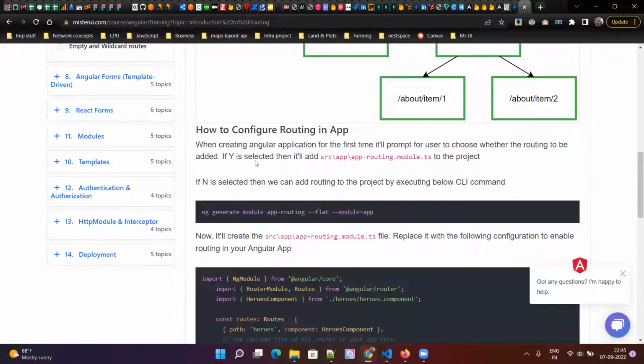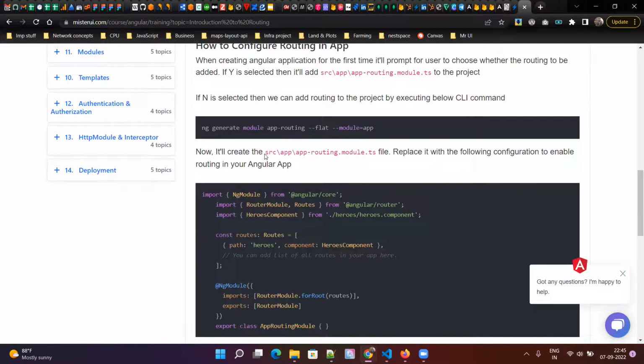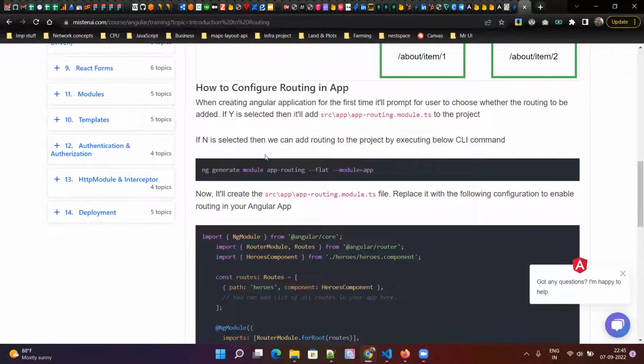So now, how to configure routing in Angular? When you are creating an application, it will ask whether you want to add the routing module or not. If you say yes, it will create this file, app-routing.module.ts. If you say no, it will not create this file. Later, if you want to create